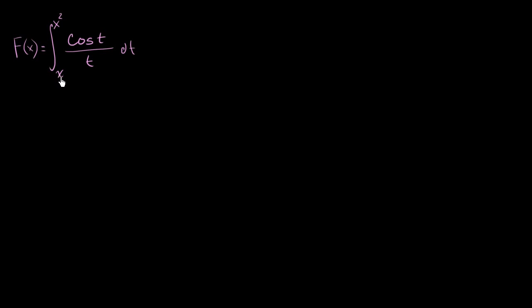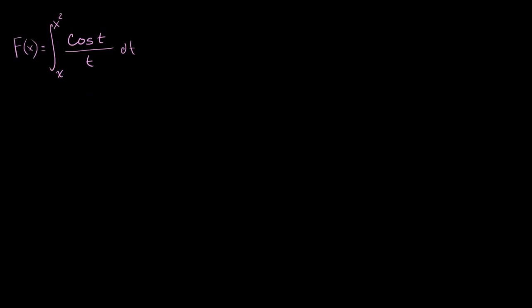And the fundamental theorem of calculus, at least from what we've seen, is for when x is only on the upper boundary. And then, of course, it's an x squared, but we've seen examples of that already when we use the chain rule to do it. But how can we break this up and put this in a form that's a little bit closer to what we're familiar with when we apply the fundamental theorem of calculus?